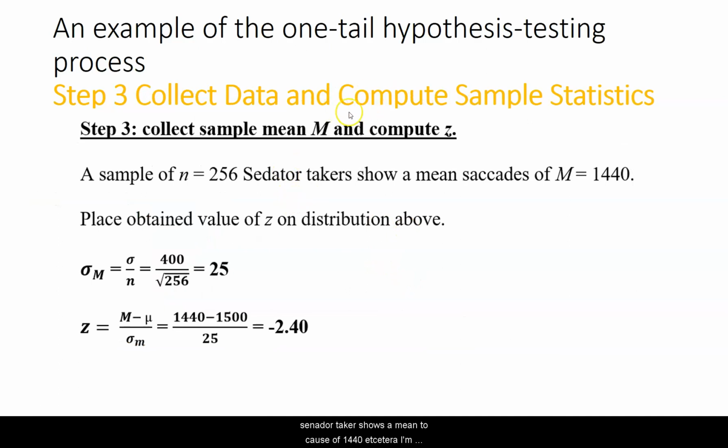A sample of 256 SAT takers shows a mean score of 1440, etc. I'm going to calculate the population standard deviation, divide it by the square root of the enormous N of 256. 400 over 16 is 25. I hope you'll agree with that. Then I'll plug that 25 into the Z formula. 1440 minus 1500 over 25